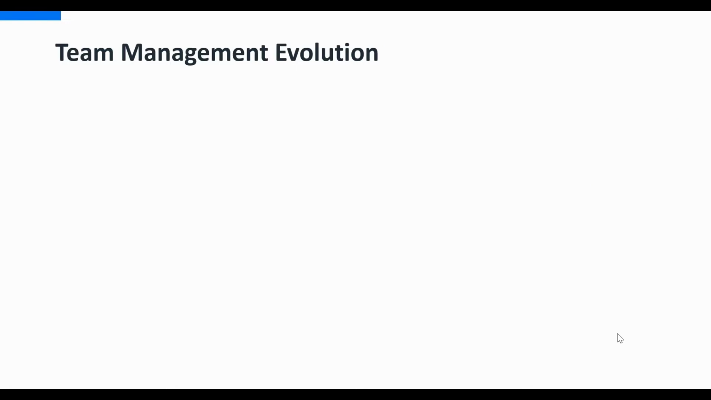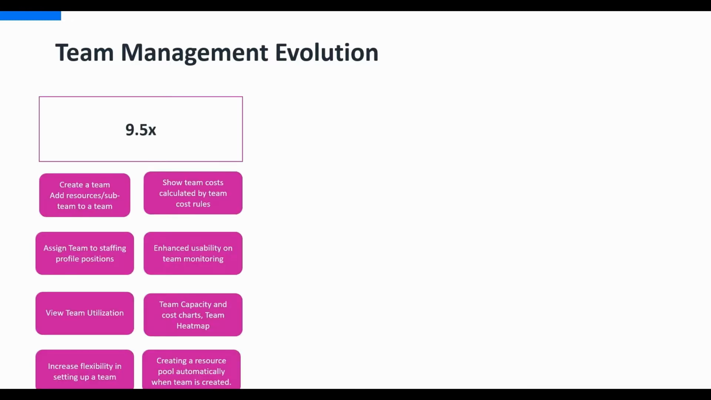Now let's talk about the team management evolution. Team management was introduced in version 9.52, and from then on, this module has been greatly enhanced in all the 9.5, 9.6, and 10.0 main versions, as well as in the service packs. In 9.52,